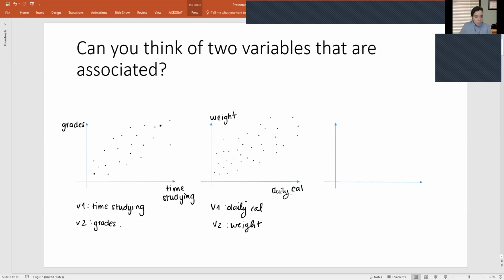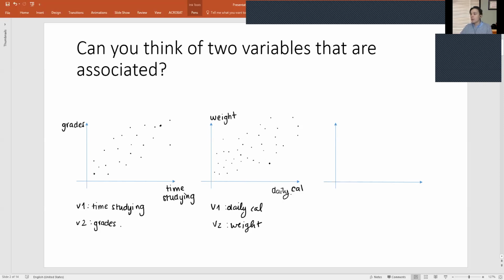Now, another option that was proposed was sleep and growth for children. So that could be true. So if you can try to measure how much a child is sleeping and then try to determine their growth rate during a certain amount of time. It's true. Now, what I want you to think about for the next example is something that would not be